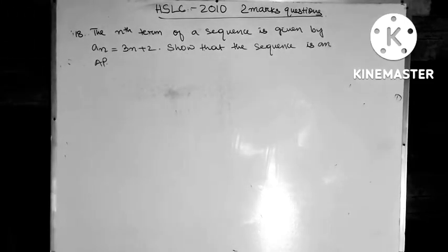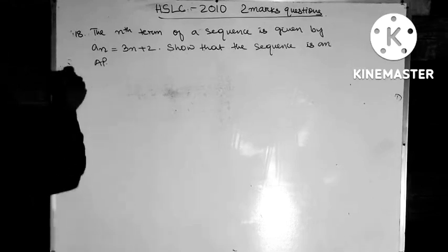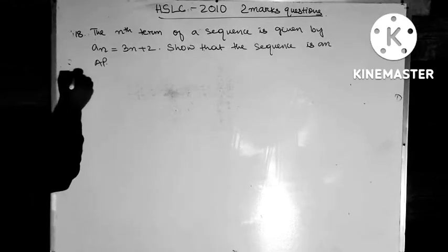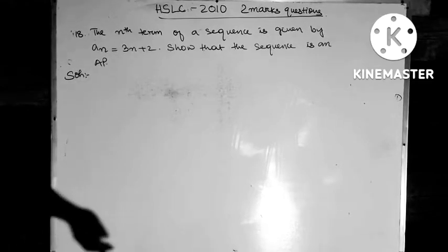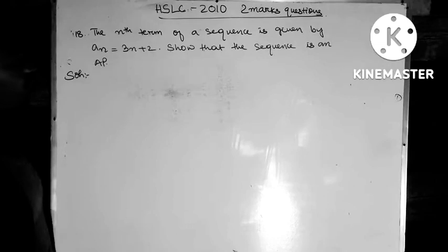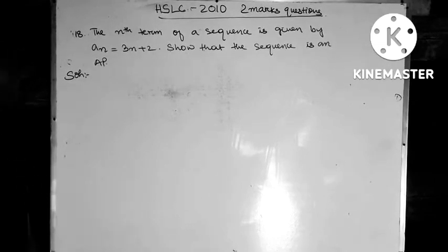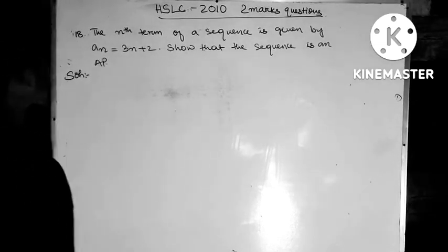Okay, question number 18. It is also from chapter 6. The nth term of a sequence is given by an equal to 3n plus 2. Show that the sequence is an AP. Alright, so for that, what I would like you to understand is that whenever a given sequence is in AP, then we have to see that